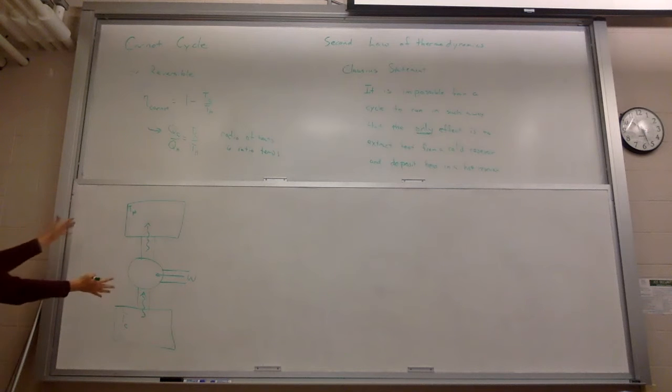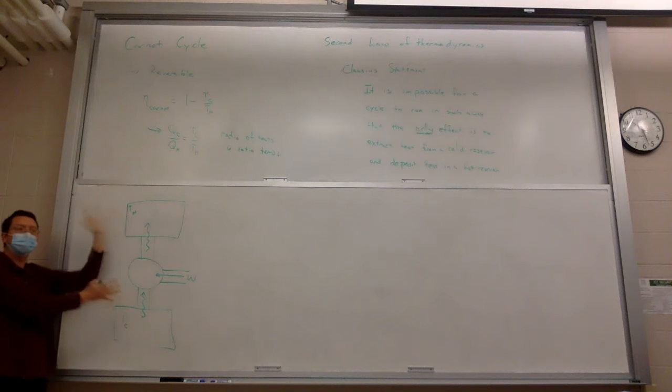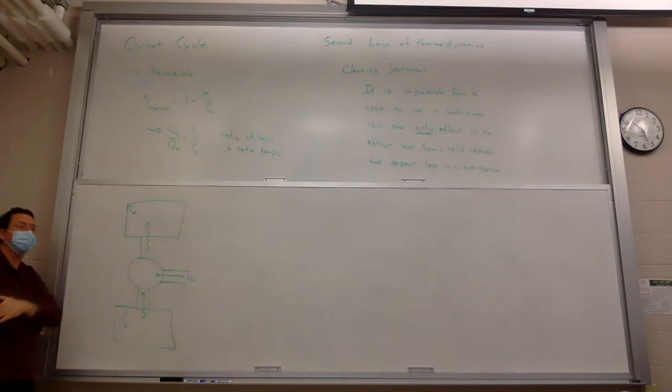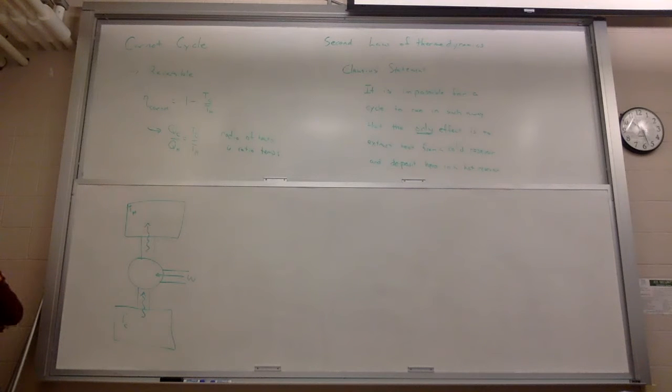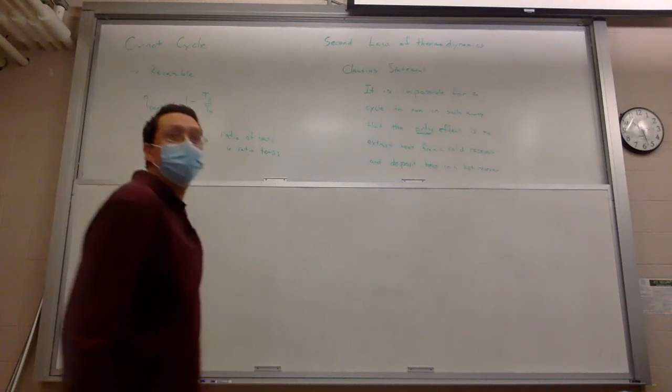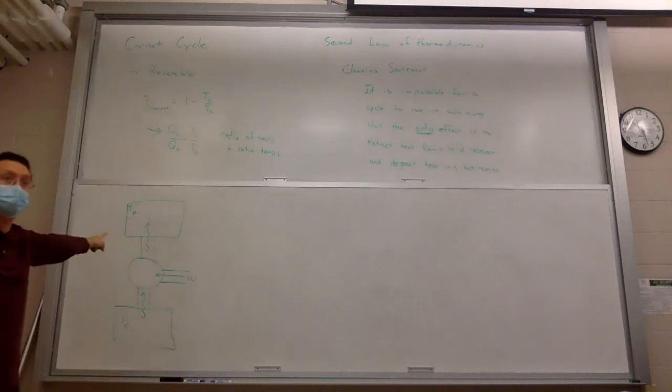This is a refrigerator. This is what happens in your kitchen. Would a fridge be more efficient if the heating coil is directly in contact with the outside air? Presumably, if you have better heat exchange, yeah, you can do things. But that's not the point. Let's not get derailed. Let's focus on the second law of thermodynamics. Okay, now that's a real thing. This is a real refrigerator you can have.